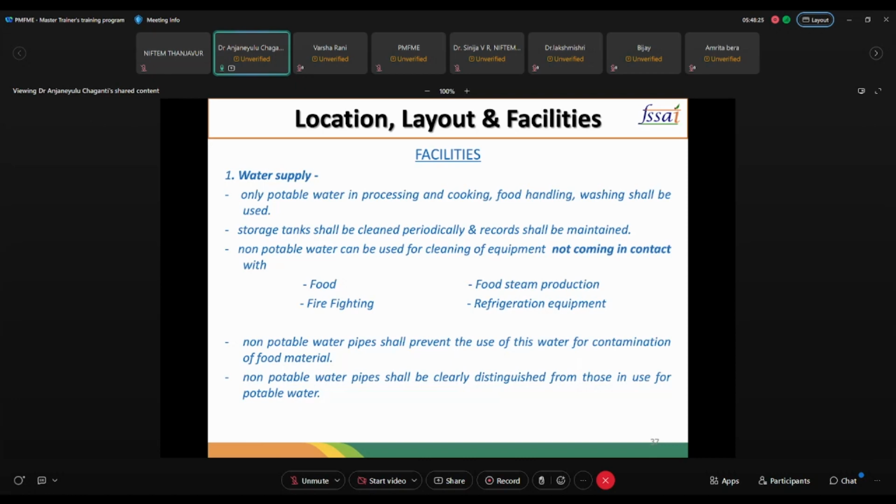There are a lot of waters, but I am not quoting those words. I am quoting only a single word called potable. Potable, not portable. So these potable waters, if you can consider